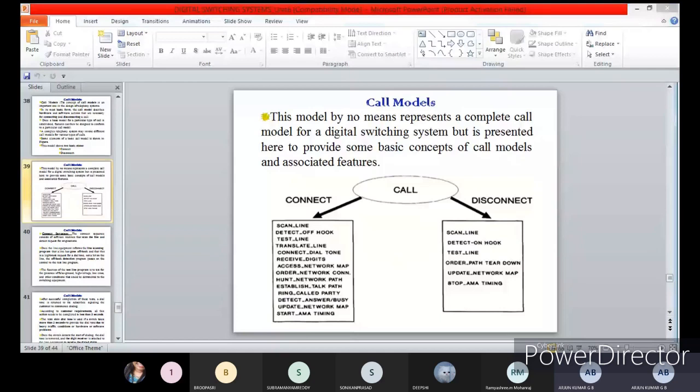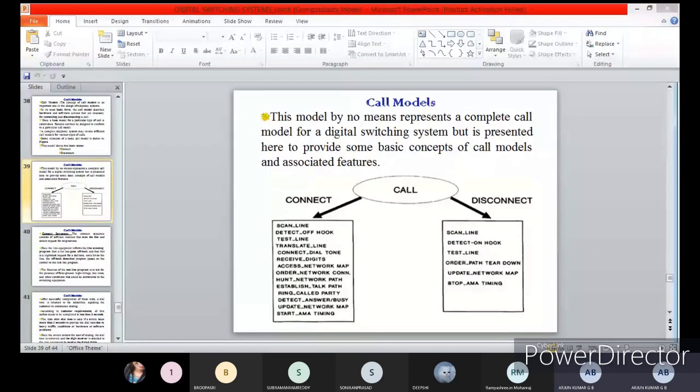Okay, the connecting sequence actually consists of software routines that scan the lines and detect the request for origination. Suppose you make a call, you start to call some other person; initially there is software that is always checking the lines to detect the request.